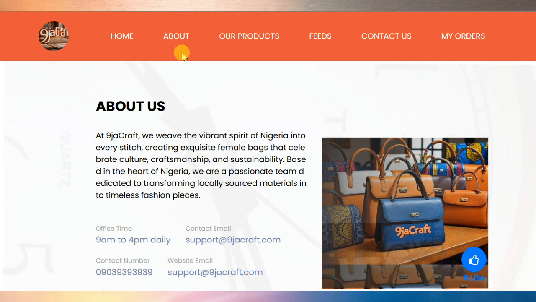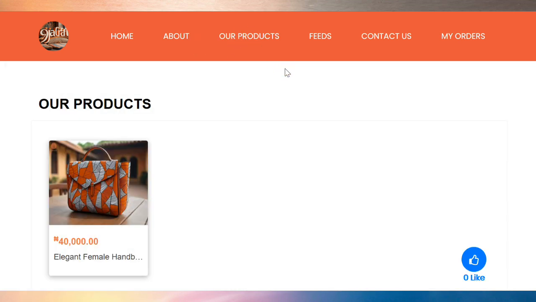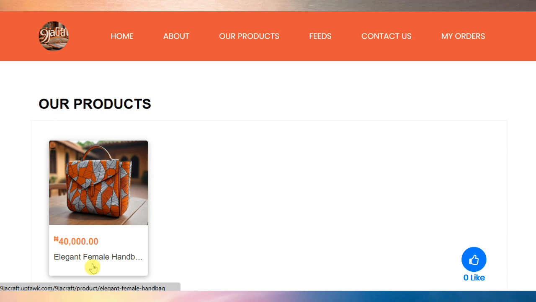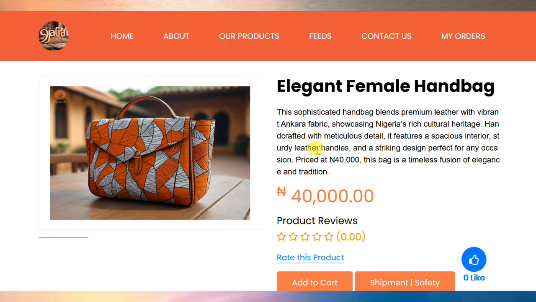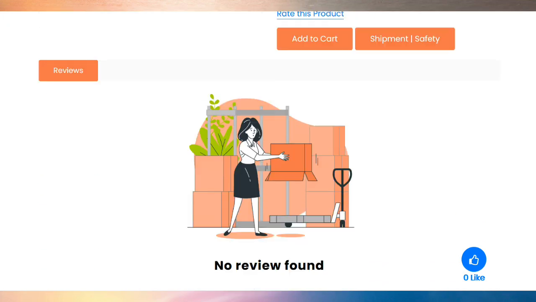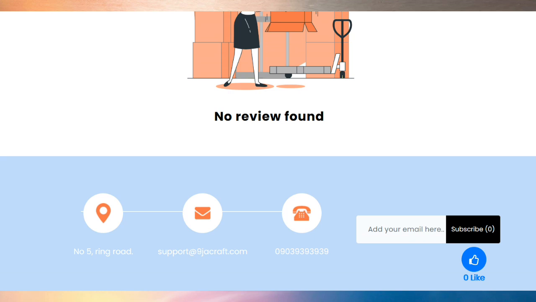Now let's look at our product. We only have one product, the one we uploaded the other time, which is 40,000 elegant female handbag, right? So if I tap it, good, you see it brought out the description, and one can actually make payment. Somebody can place order instantly. So you see that the website we just created is already live. What we just need to do is to buy a domain and hosting, connect it, and that's all. You don't even need much work. You can imagine within 10 minutes I was able to create a website.